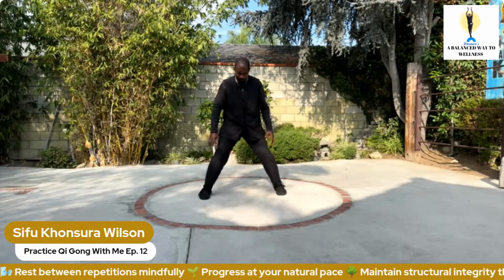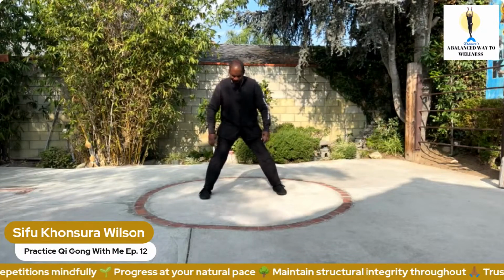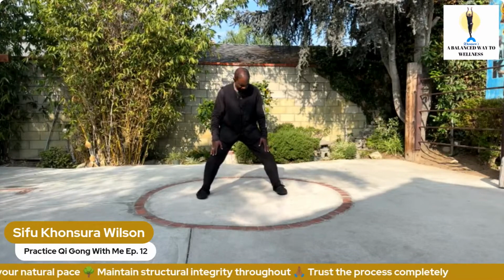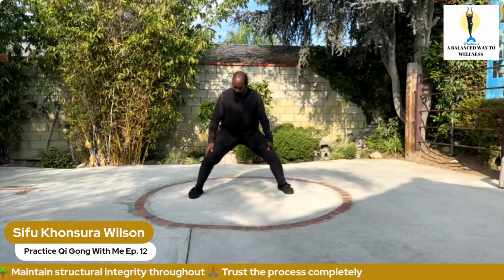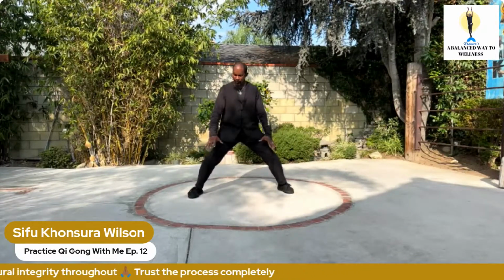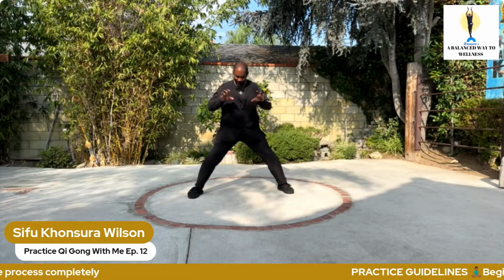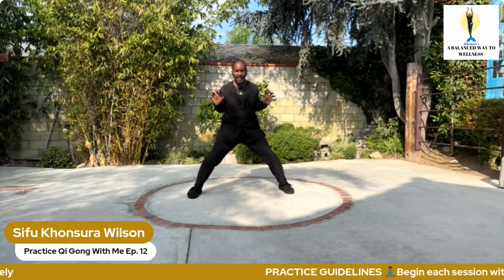I will do another exercise. So keep your knees soft, you can open up more if you feel comfortable. So you're going to form tiger claws, right? And what you're going to do is bring your elbows in. You're going to press out,